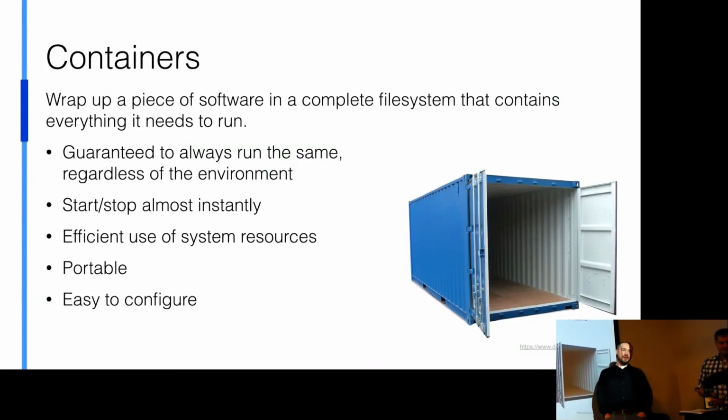And at least the answer for us was containers, mainly just containerization. So the ability to wrap up a piece of software into a complete file system that has absolutely everything you need for it to run. They're guaranteed to run the same regardless of the environment. So I can take my container and run it on a virtual environment, my OS, put it on a server that's in QA, and then I can take it to production, and it's the same artifact